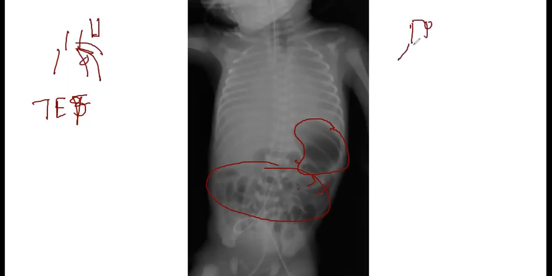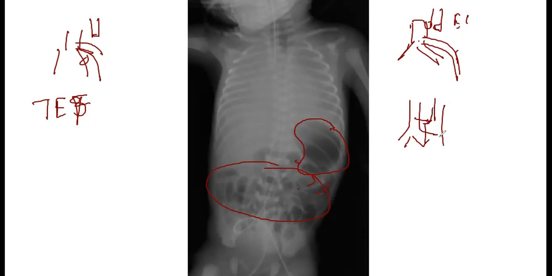There is the trachea, and the lower part of the esophagus attached to it. We can see that in esophageal atresia with tracheoesophageal fistula, this type, or we can see this type of gas in a baby in H type, when the lower part of the esophagus is also attached to the trachea.